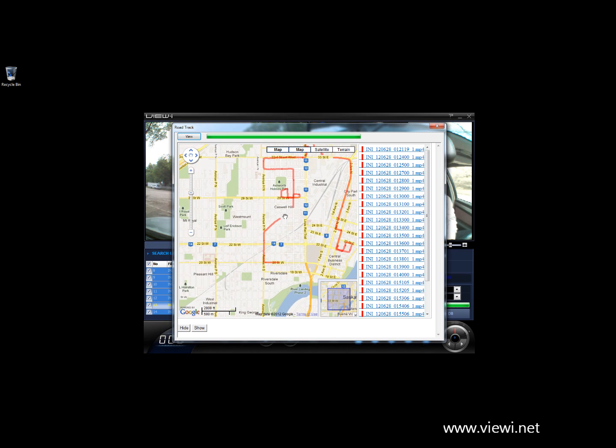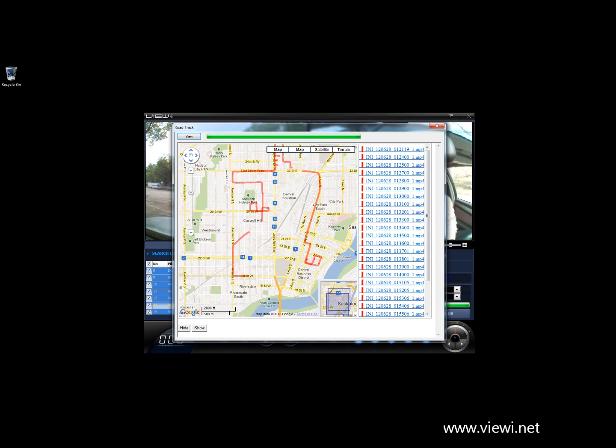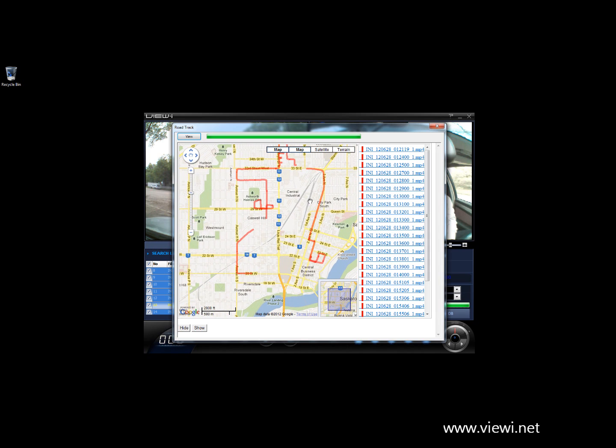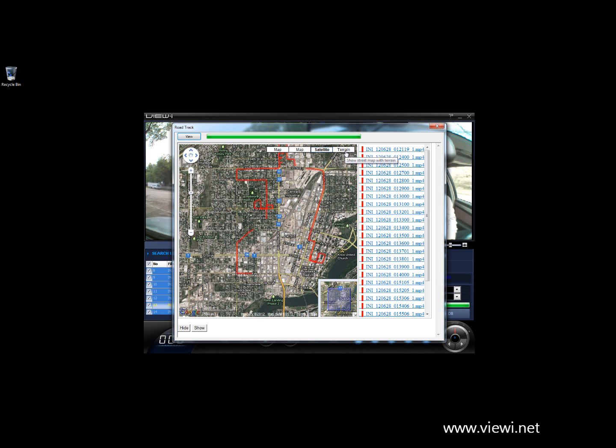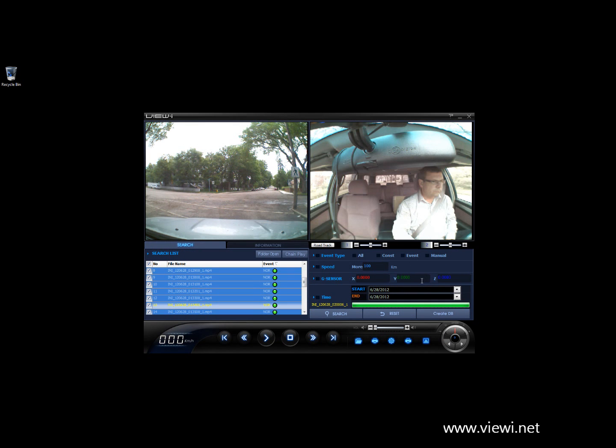day. You can see these gaps here, and what that was is when he was stopping and starting the vehicle, it takes a few seconds for the GPS to kick in. So what you're going to want to do is when you get into the vehicle, wait until the light is finished blinking. Once again, we can select either satellite or terrain view to see. And we're just going to close this out, and we're going to get into some other features that we can